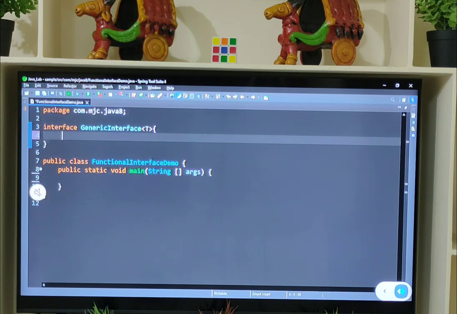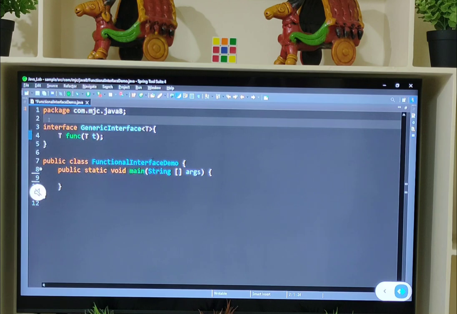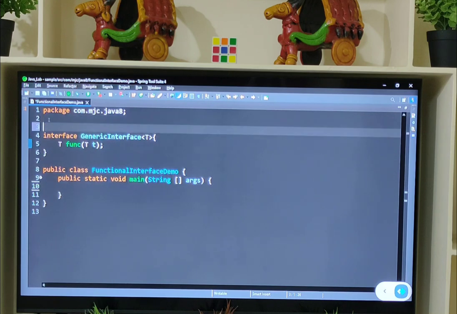And this functional interface contains a method that will take any type of class. Here T represents any type, and to designate this generic interface as a functional interface, you have to use the annotation @FunctionalInterface.